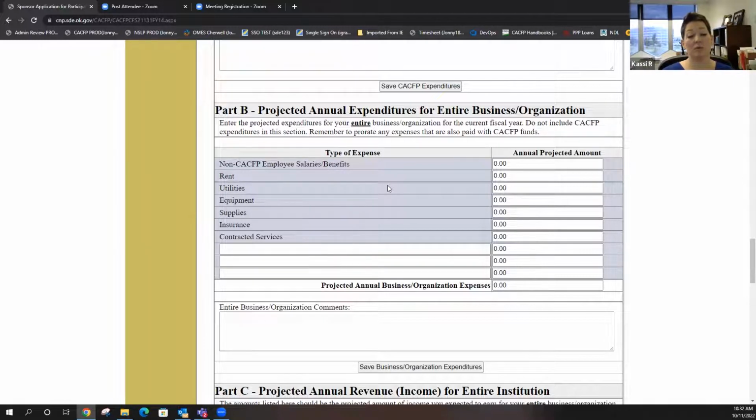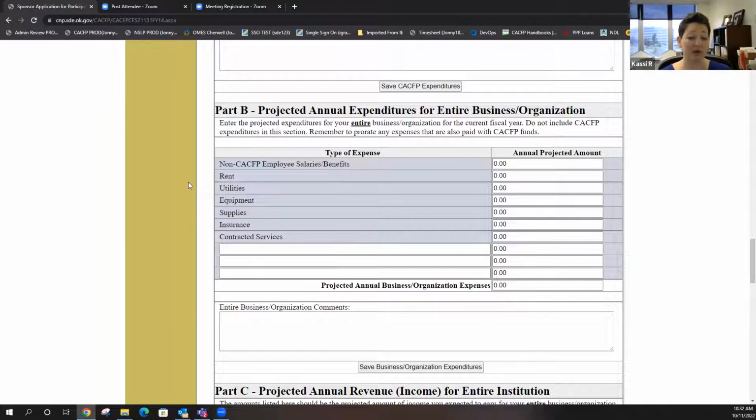And so what we consider, we have a calculation and it's in your manual that talks about that in the financial management section that we've added. But you haven't made a profit until you have exceeded a 3-month average. So take your 3 months' worth of reimbursement and figure out what the average is. And if your ending operating balance is more than that, you've made a profit and we need to talk. If it's less than that, you're good. You haven't made a profit. And if you're confused on how to do that, just reach out to us.